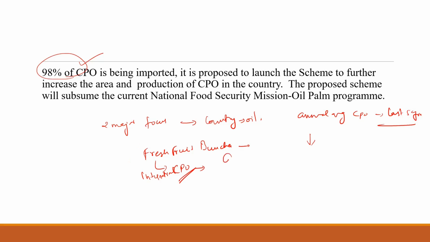So, for the first time, our government of India has given the price assurance that this will be the particular price, this won't go below that. This is known as viability price. This is to give assurance to the farmers regarding the price of the oil. This will protect the farmers from the fluctuations of the international price. If there is any fluctuation in the international price, it is not going to affect our farmers much because the government of India is providing them with the viability price, so that it will protect the farmers from the volatility. Though there may be fluctuations in the international market, it is not going to affect the domestic farmers.